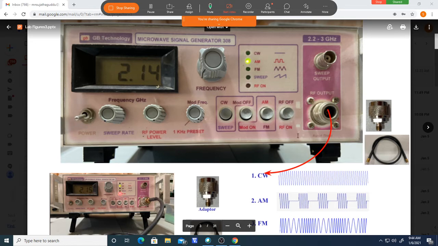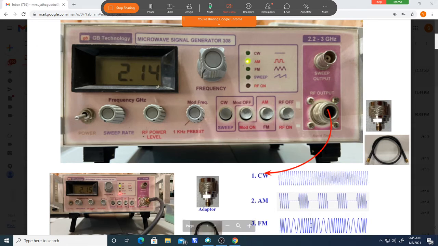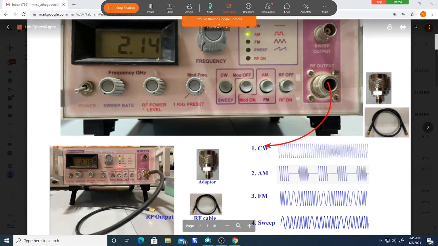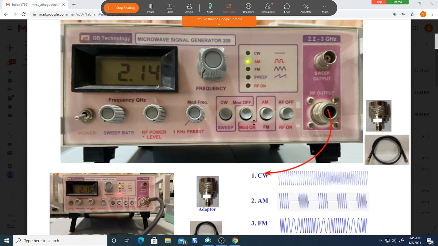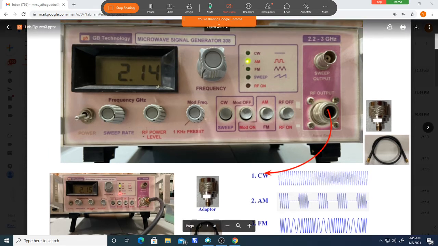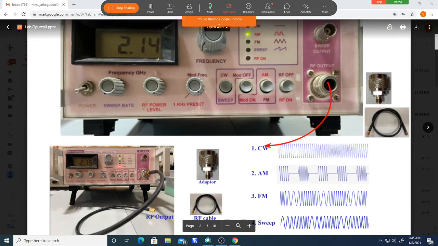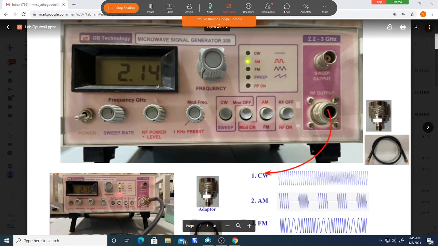Next you choose whatever you want here and adjust. Next you should press this. Then only will we get the output. That's why this is RF output, on or off. That is a button here. This is for modulating frequency. These are for those things. And this sweep we are not using, so you need not worry about it, because we are not using that at all.